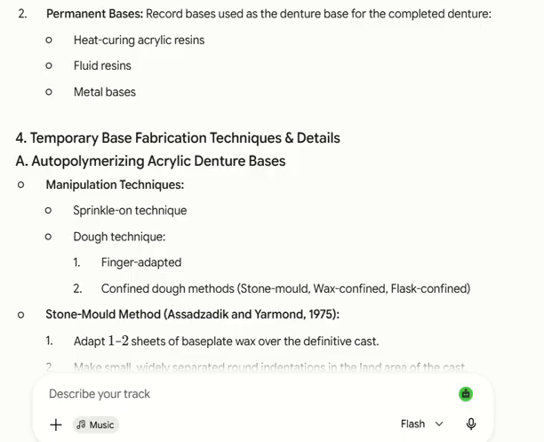4. Temporary base fabrication techniques and details. A. Autopolymerizing acrylic denture bases. Manipulation techniques: sprinkle-on technique, dough technique, finger adapted. Confined dough methods: stone mold, wax confined, flask confined. Stone mold method, Asadzadik and Yarmand, 1975: adapt 1 to 2